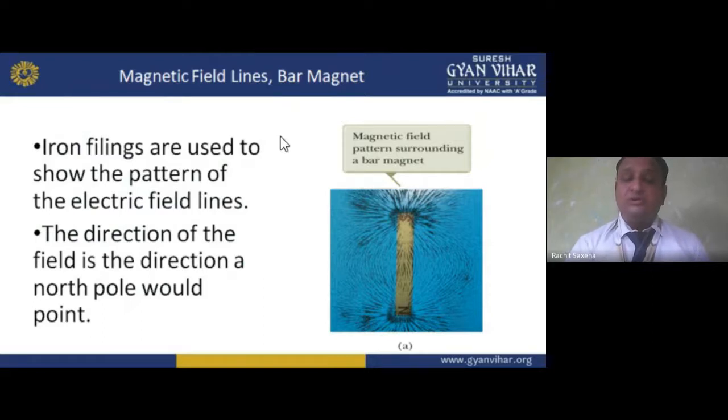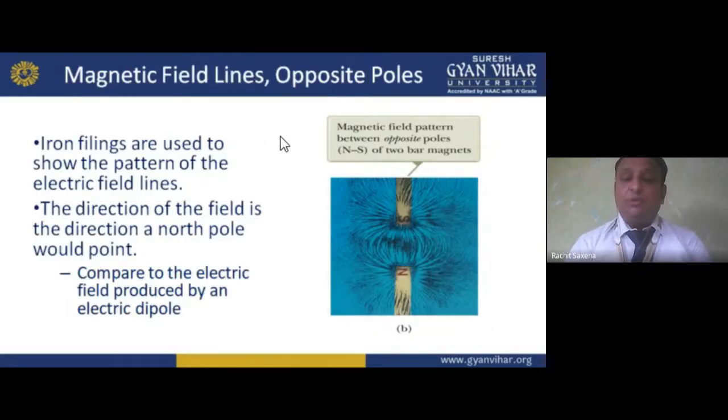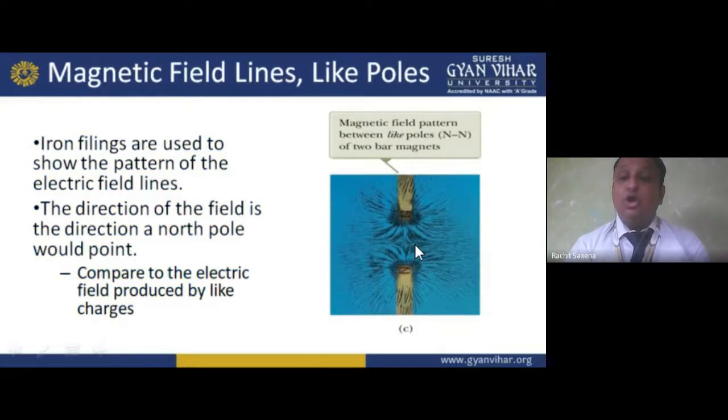We have two poles. Then we put opposite poles nearby: near the north pole, that is the south pole. So the attracting lines are shown like this. See, in the next we have a north pole. So they are basically diverting, known as repelling, not attracting. They are repelling each other. So I hope you understand this.